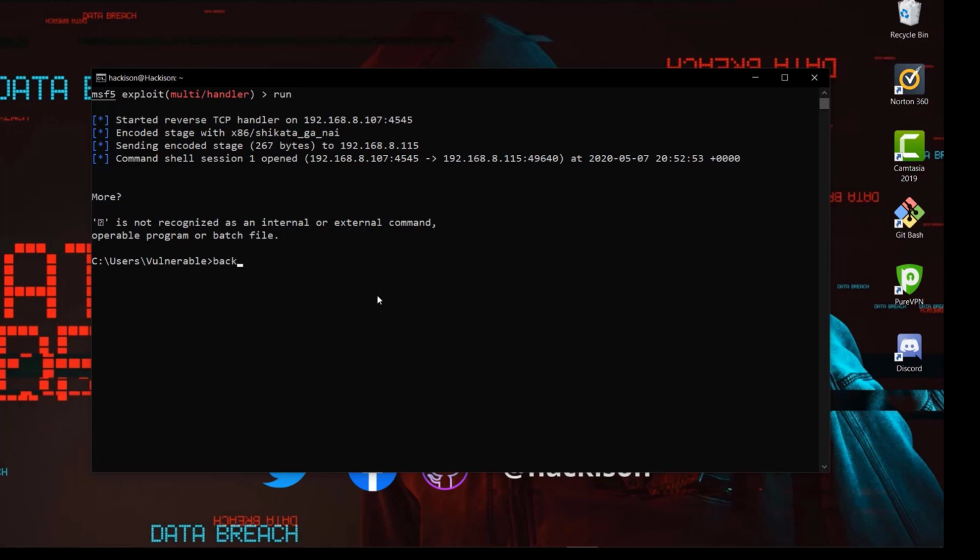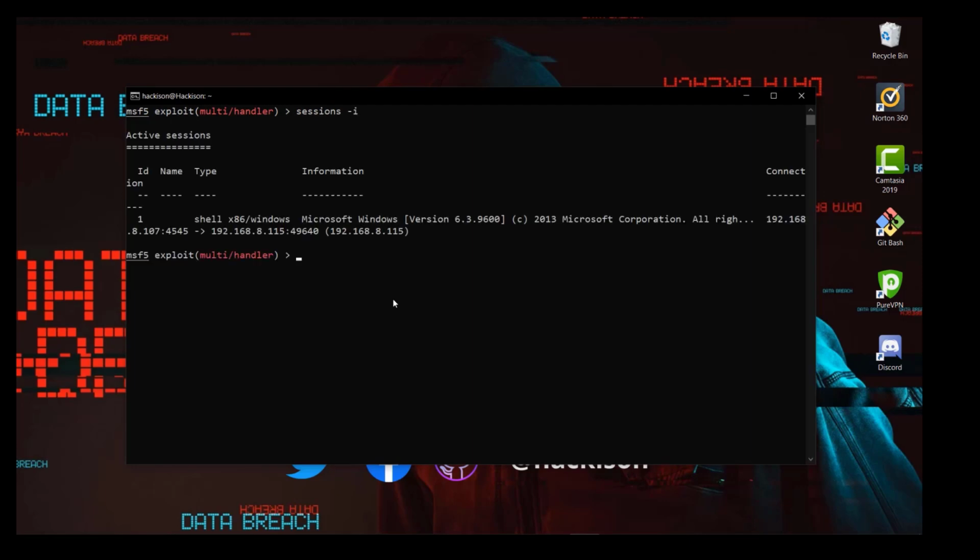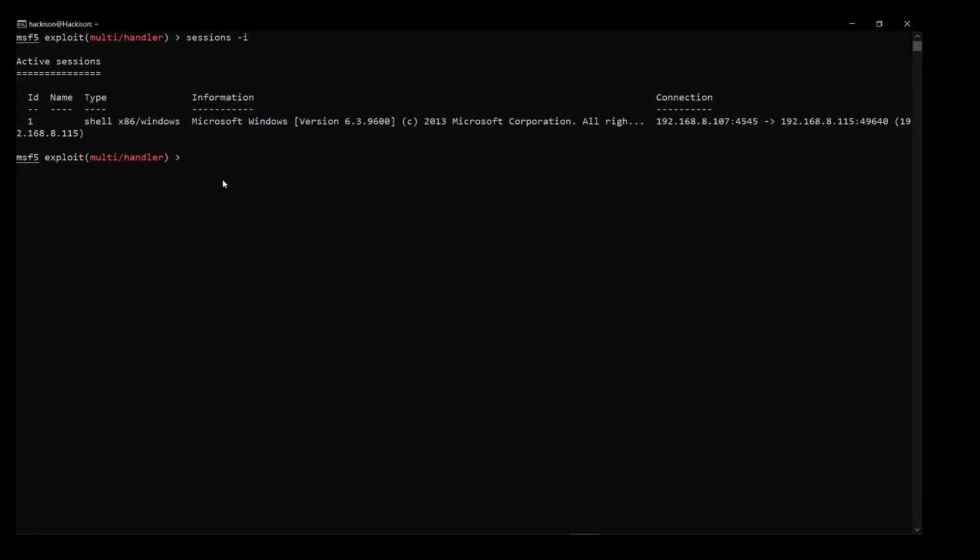For that you need to use the command background, which will put the session in the background. Yes or no? Yes, hit enter. Now to check the running sessions, you can see our session is running in the background. Now we can convert the reverse shell to a Meterpreter session.